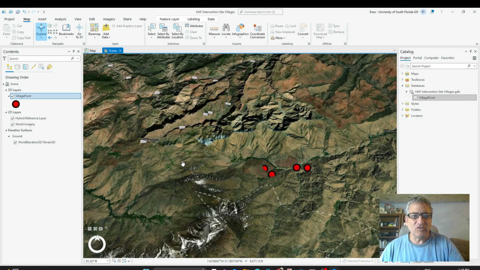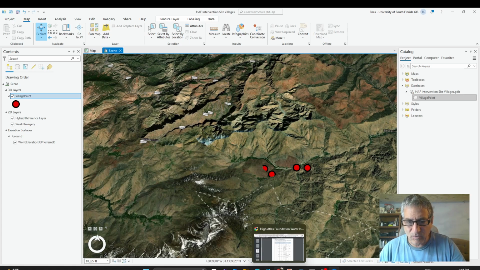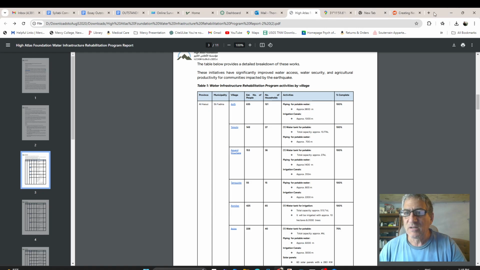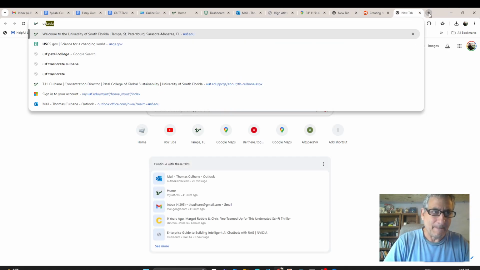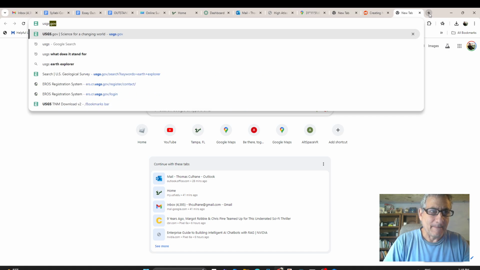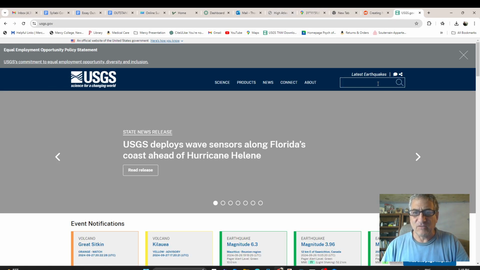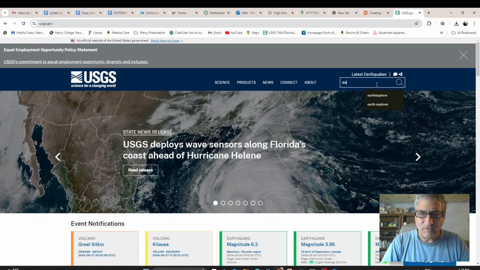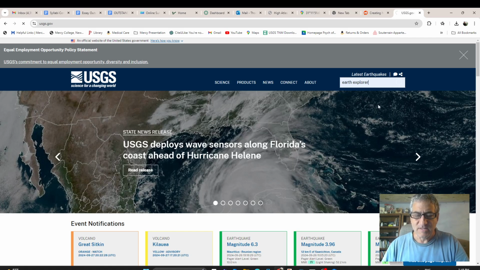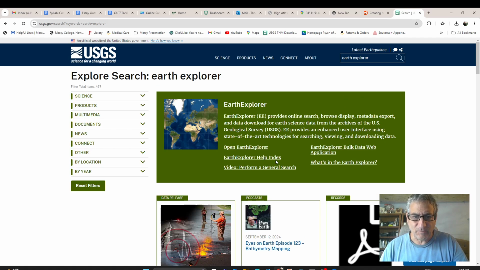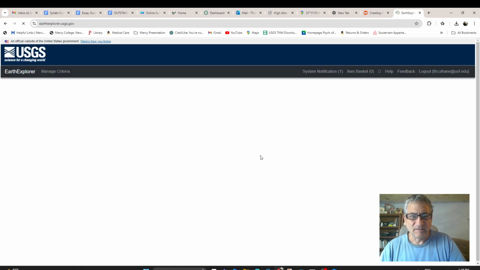What we might want to do then is go to our USGS site, and when you're at usgs.gov, go to Earth Explorer. And you get to Earth Explorer, open Earth Explorer. You have to have an account to do this. And in Earth Explorer,